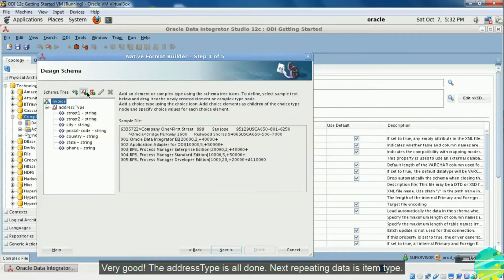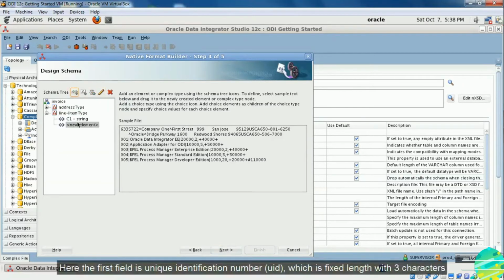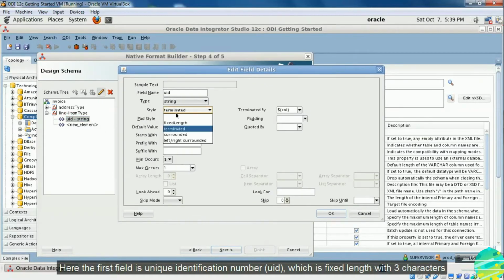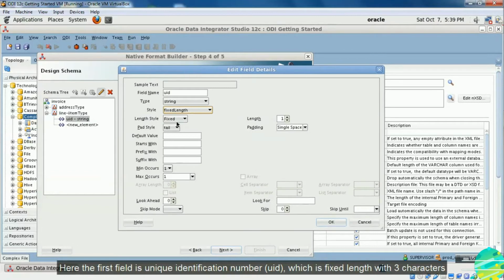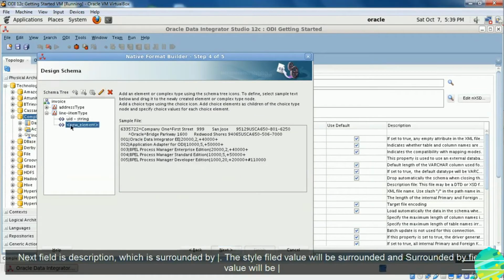Next set of repeating data is item type. Here the first field is unique identification number, which is fixed length with 3 characters. Next field is description, which is surrounded by pipe.